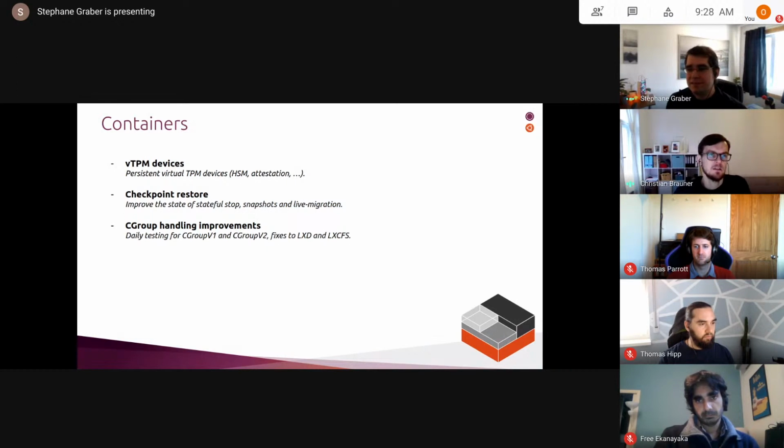LXCFS handles, at least for the memory cgroup and so on, all of these quirks it already handles. And for a bunch of those where we are aware of this altered behavior, LXCFS has been adapted, but we should definitely make sure that it handles all of the corner cases correctly. And I still think that it would be worth fixing some of the altered behavior in cgroup v2. For example, the cgroup namespace issue that I just mentioned. I think this is something that we should at least look into fixing.